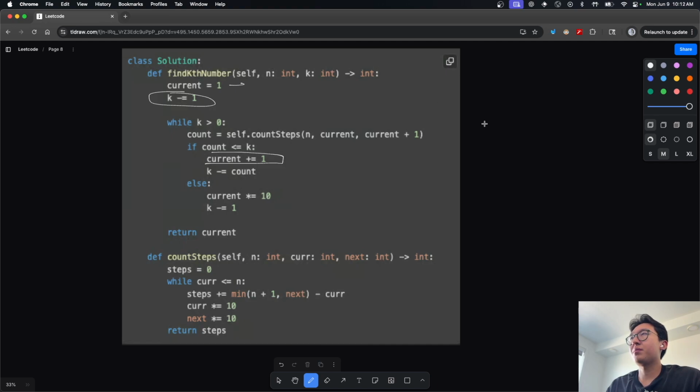Let's say we have 2 as current. We count. If count is less than k, we go from 1 to 2 and decrease from k the number of nodes here. So for 1, we will get